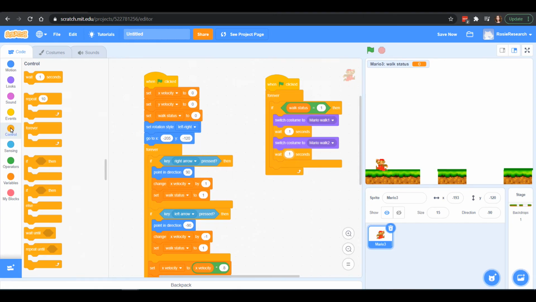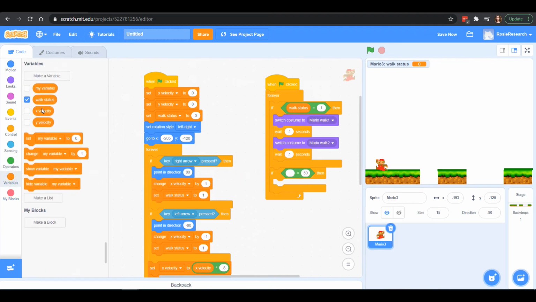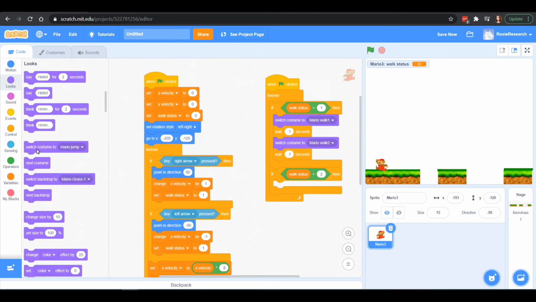Now, if the walk status is 2, then I'm jumping. This will go underneath that whole if block, so it's all in a block by itself. I'll pull out my operator for equals, and if my walk status equals 2, I'm actually jumping. So I want to switch my costume to Mario jumping.